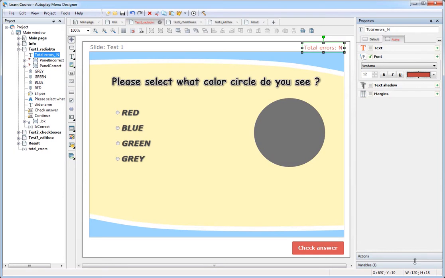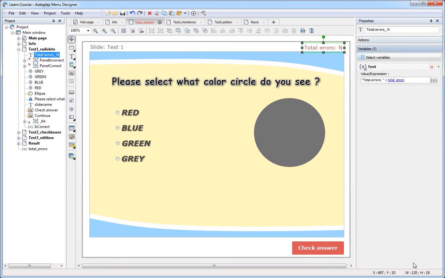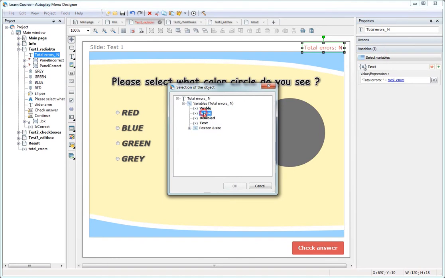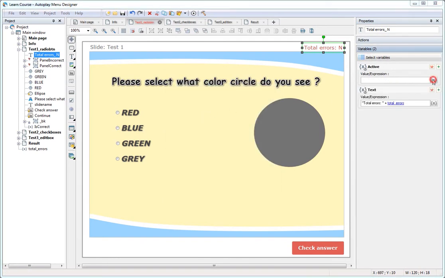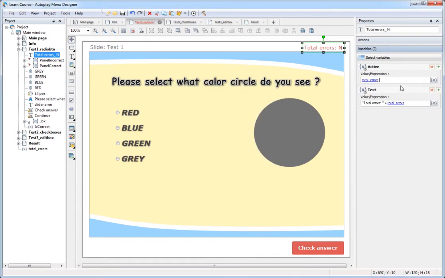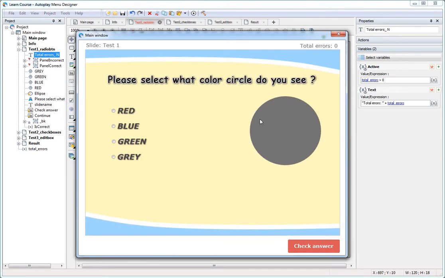Let's go to the Variables section, select the active internal variable, and set the expression total_errors greater than 0. Now our object will be in the active state, which turns red, when the value of total_errors variable is greater than 0. Run the page test and see how the text color changes, depending on the number of incorrect answers.